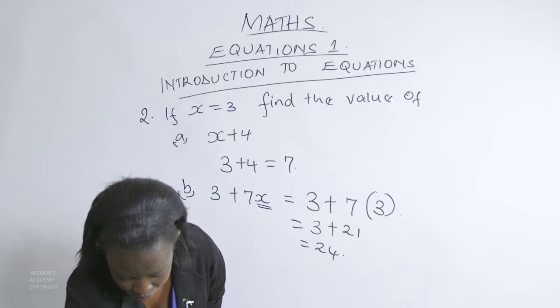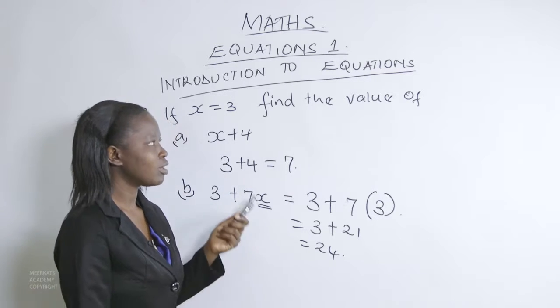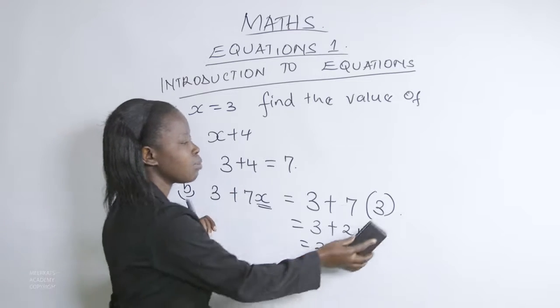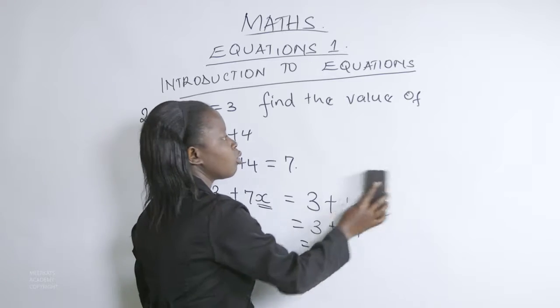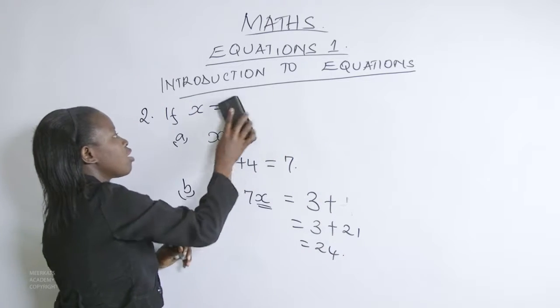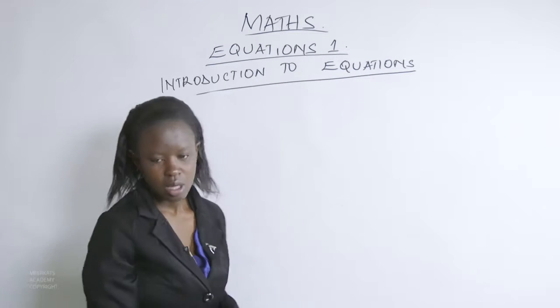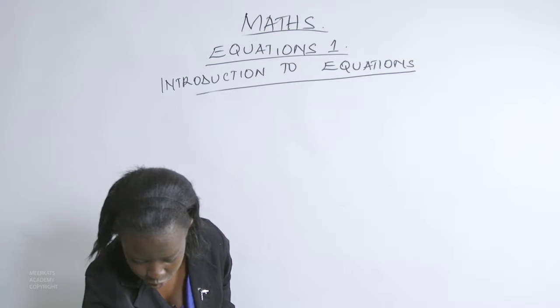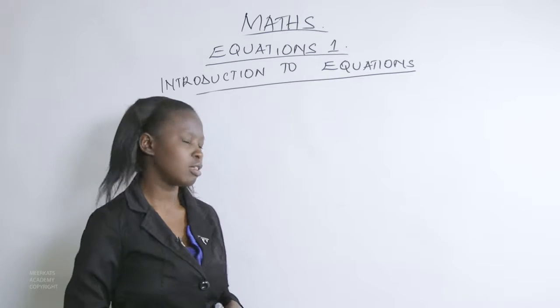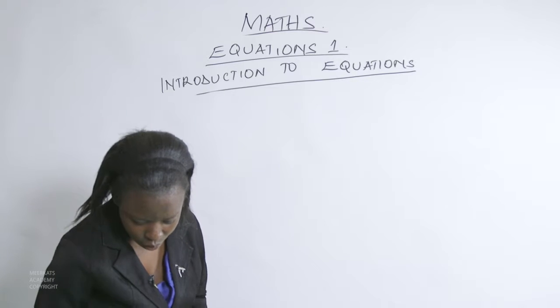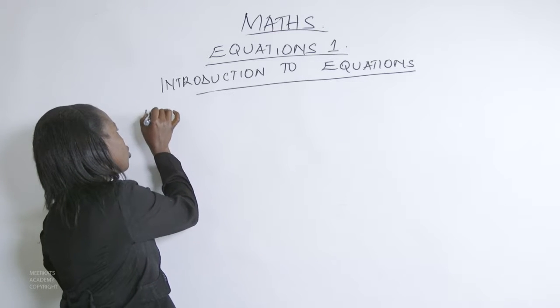So from these calculations, what are we coming up with? We are coming up with the following conclusion, that all the questions I've worked out are simply equations. Those are examples of equations. So the question is, what is an equation? And we are defining an equation as